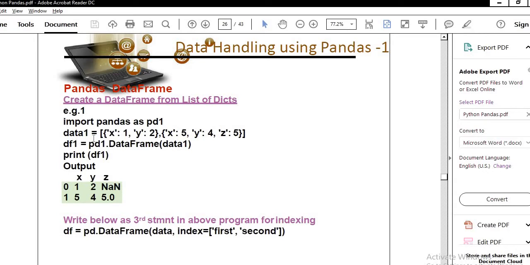Here, students, you can see in the data part we are using a list, and in this list we have two dictionaries inside. So this step is basically creating a data frame from a list of dictionaries. In a single list we are containing two dictionaries, and then we are displaying that data. So how are we going to do this? Now we'll perform it practically.